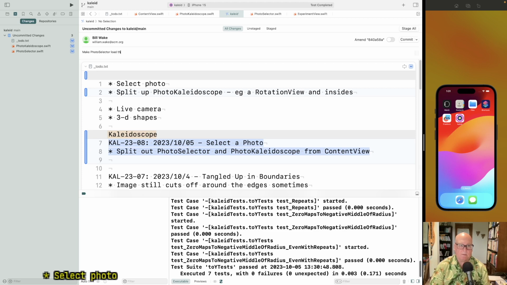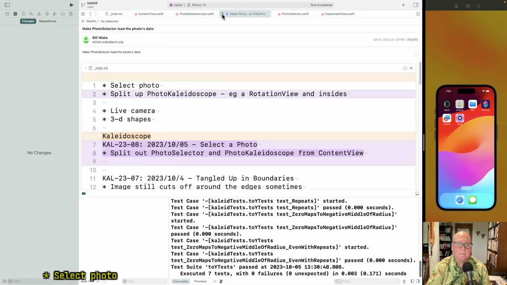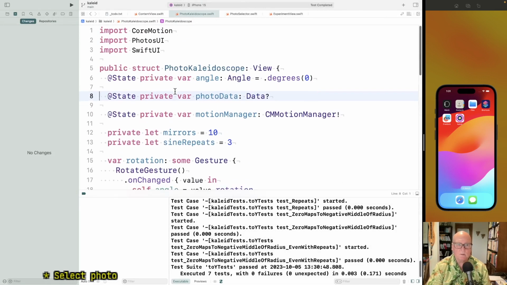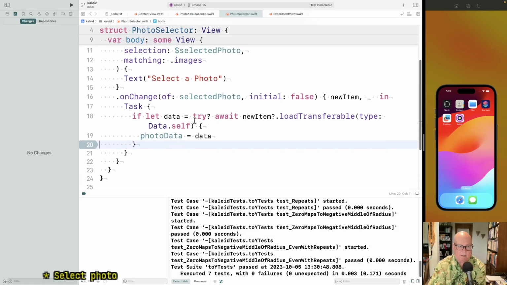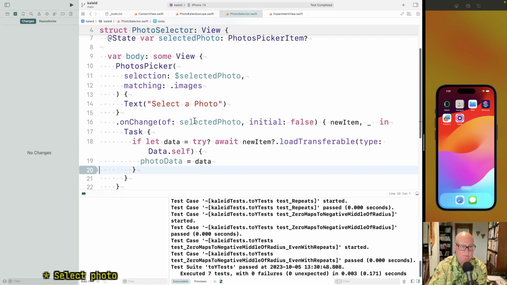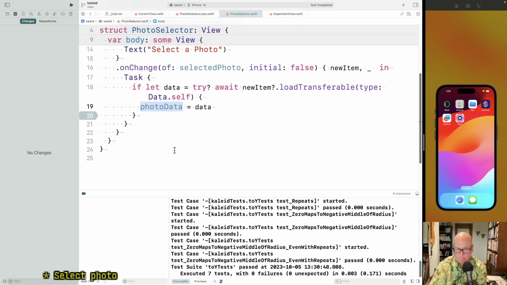Make PhotoSelector load the photos data. All right. So the part. Well, I think we're progressing. So at this point, when the photo data, we make our selection, that changes selected photo, that triggers us to run a task that will load the photo data. And then